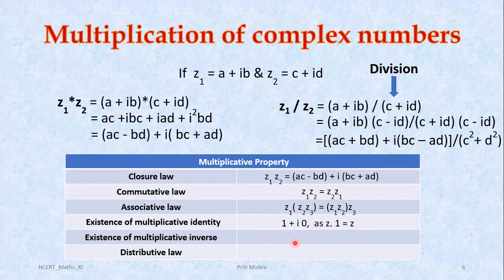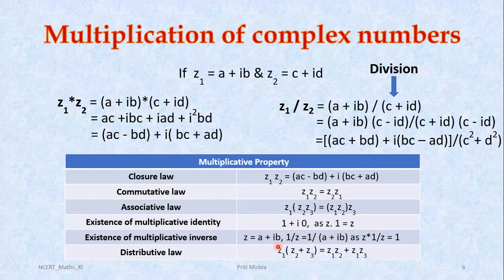Now, multiplicative inverse. Just like number system, we can have multiplicative inverse. Just recall, for 4, multiplicative inverse we are having 1 upon 4. For 5, we can have 1 upon 5. So for any complex number z, a plus ib, we will be having its inverse 1 upon z, which is equal to 1 upon a plus ib, because z into 1 by z is equal to 1. So just like this, we will be having multiplicative inverse for any complex number.